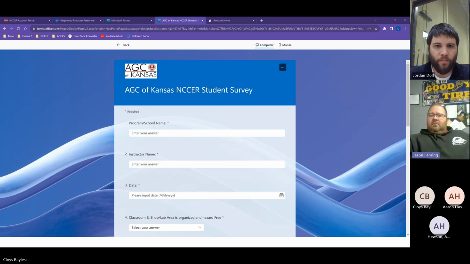I can send this to you in a Word file, and if you want to modify it a little bit, you can. I just need some of these a couple of times a year, so maybe once or twice a semester. I can send you the QR code, or I can send you the Word file and you can do it yourselves, or you can put the QR code up in your room, and they can scan it and fill it out. That is something we are required to do, and something we need to start doing.